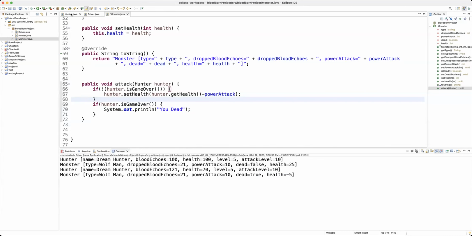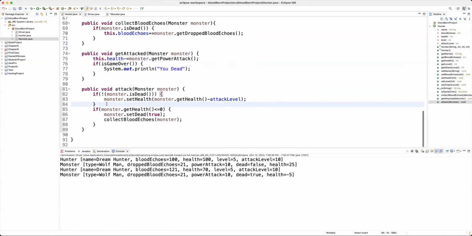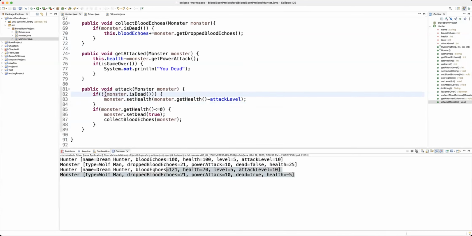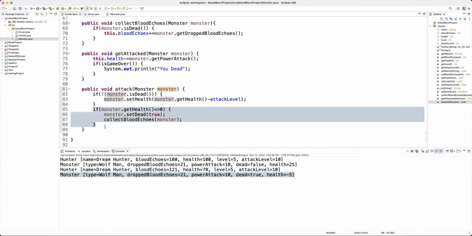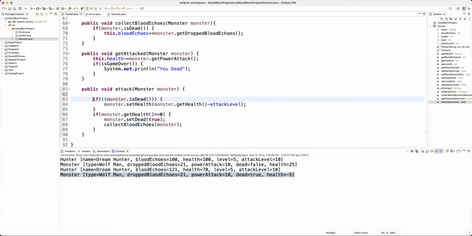Because I can attack him multiple times here. And no change is going to be applied because after he's dead, this is not going to change. But again, I'm not supposed to be attacking him. Let me just put it that way. Because here, if I'm attacking the monster after he's dead, this is not going to be executed, but this is going to be executed every time I attack him. So I'm going to set the dead to be true, and I'm going to be collecting the echoes again, which I'm not supposed to. So I'm going to just come here at the top and say, if